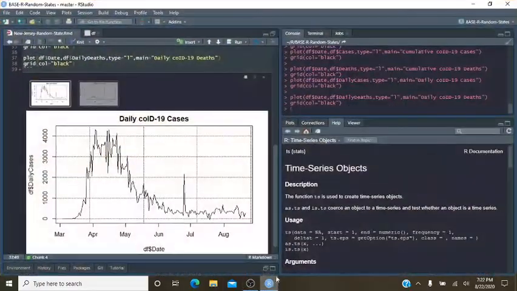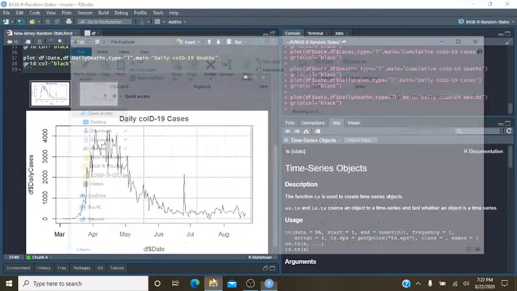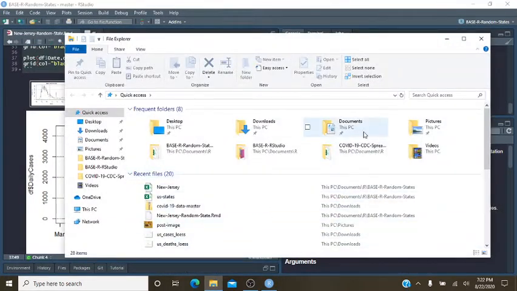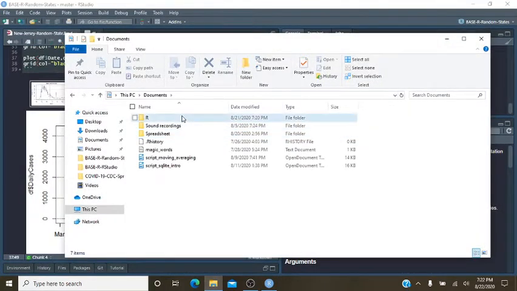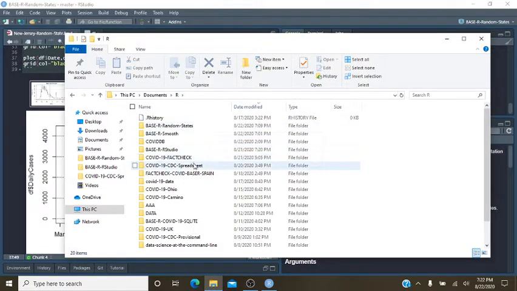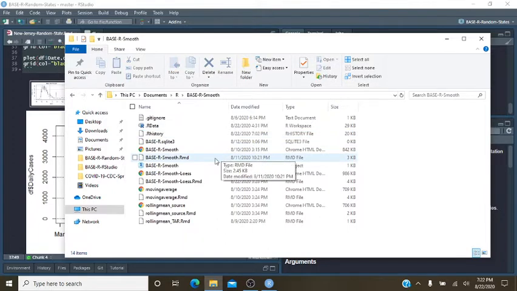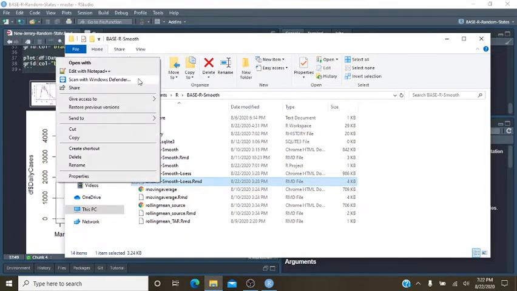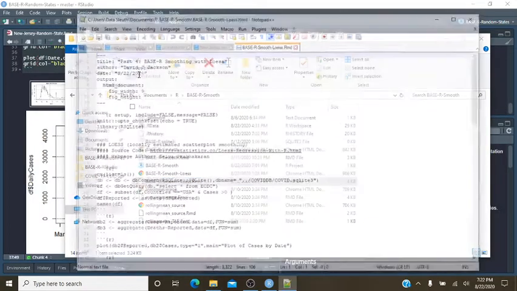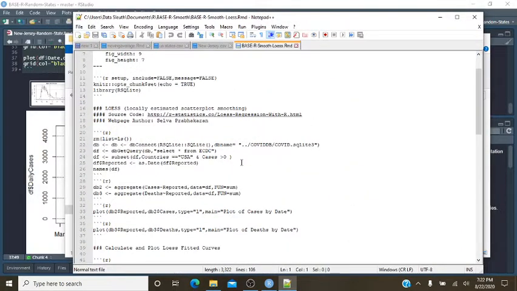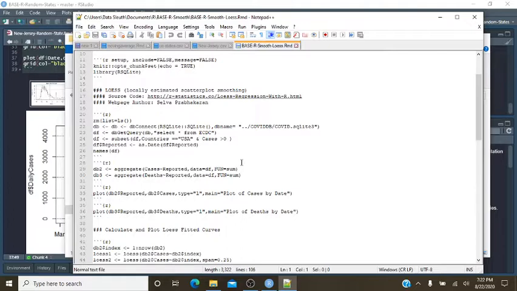So how do we do this? Well, what we do is we go over here to our code. See if we got smoothing here. Smooth. We don't really need to be accurate because there's only one day per week.